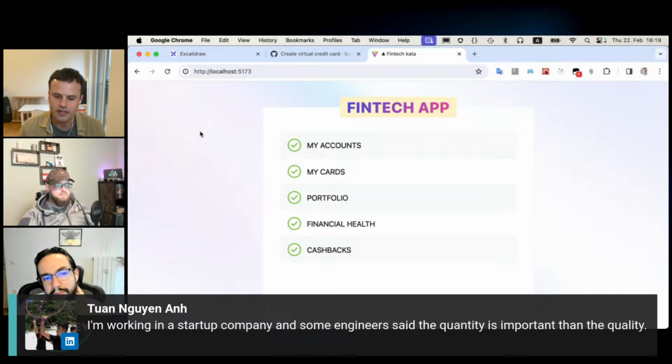Totally agree. When you are in a startup and your product market fit is not valid yet, you are not on a stage where you already create business value and have revenue from that, and the only way is to go forward. So you are still uncertain. The quantity makes much more sense because you want to verify ideas as soon as possible to find that model that will work.